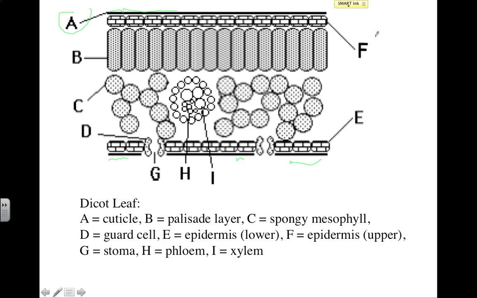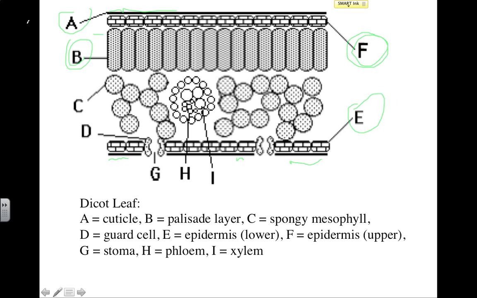If you go inside of that, you're going to have the epidermis. It's labeled F on the top, the upper epidermis, and then E on the bottom is the lower epidermis. Just like in roots and stems, the epidermis is really there as an outer layer of protection. Inside the upper epidermis, you're going to have a layer called the palisade layer, sometimes called the palisade